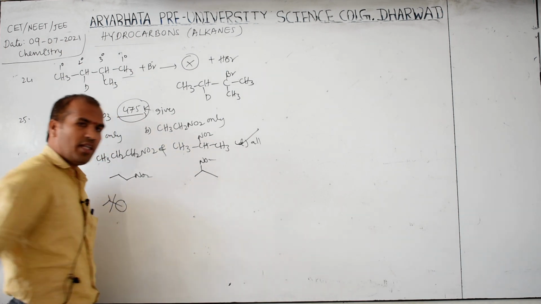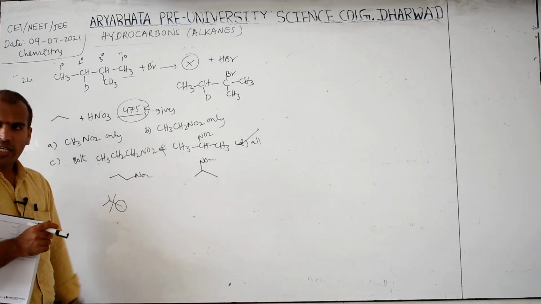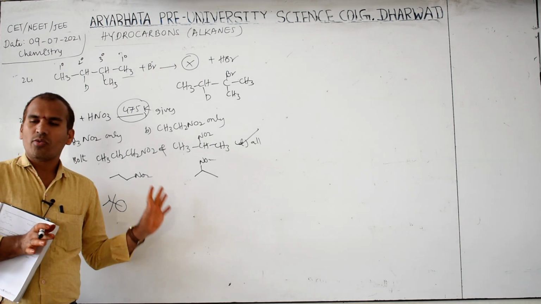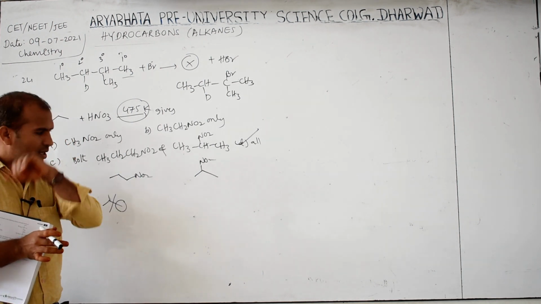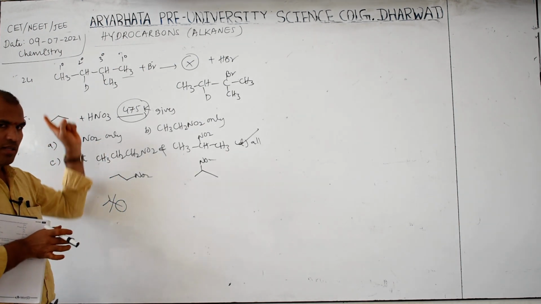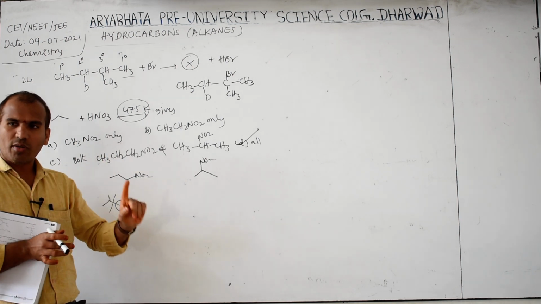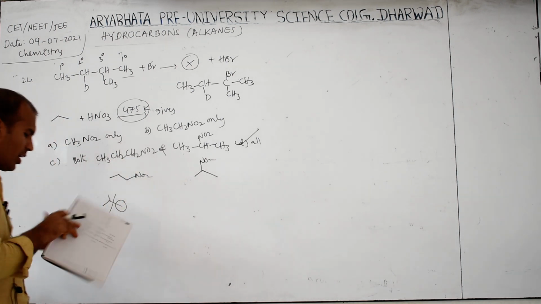Then option D. This is somewhat higher level question. If you read your textbook, nitration reaction is there. Lower alkanes do not undergo nitration and sulfonation. One reaction is there, that time these are possible. But at high temperature, when this breaks down and gives smaller components, then all are correct products. Okay. Next,